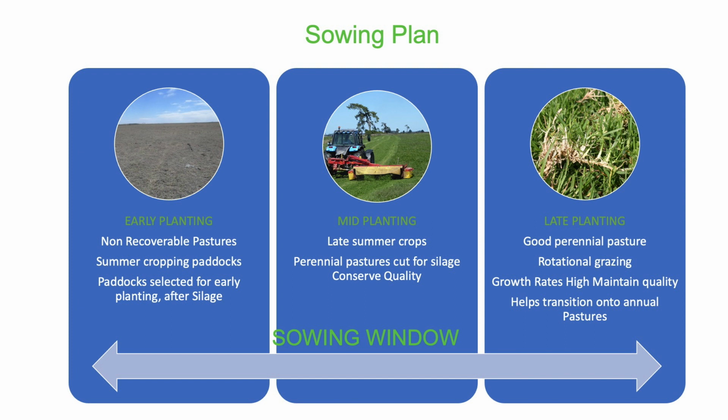They might be summer cropping paddocks. Matt was talking about it earlier. His corn paddocks are going to come out and then they're going to go straight back in. So they're going to be nice early paddocks away. Paddocks selected for early planting after silage. Again,